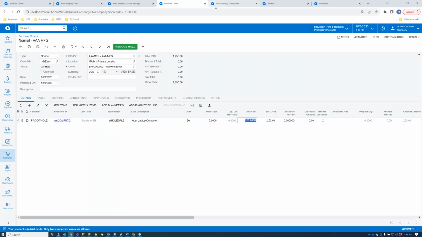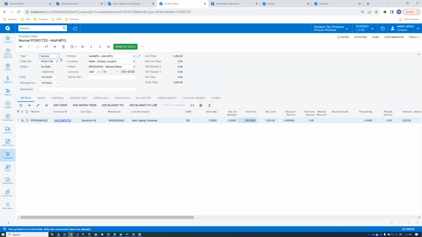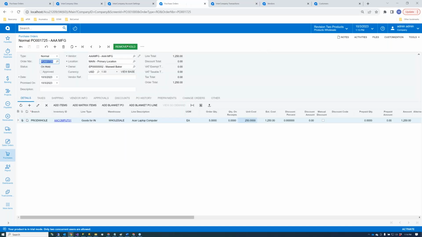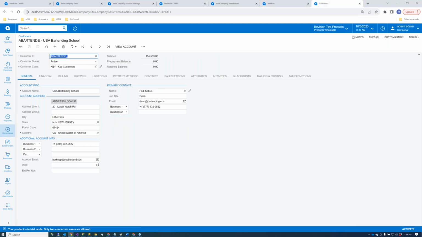All right, so we look at this. We have purchase order 1725. Okay, it's not here yet. The moment we remove hold, I guess we have to approve it too. The moment we have an open PO, looks like it wants to make our payment too, but we're just going to focus on the creation of the sales order. So if I come over here into company 2,